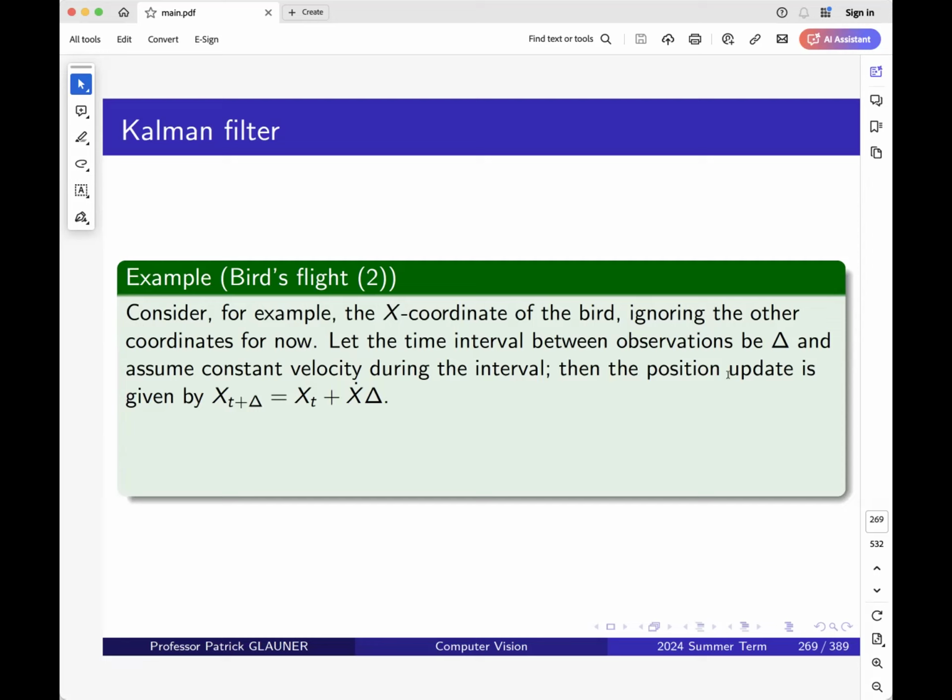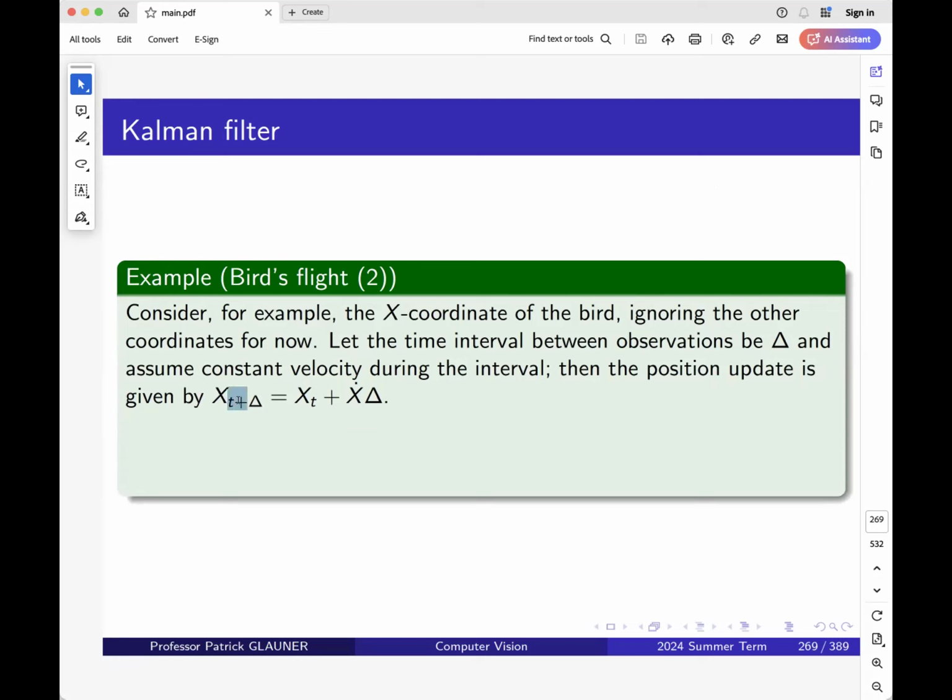But the time interval between observations is just called delta, and we assume constant velocity during the interval. This is something that we're doing now as a simplification. And if we assume that, so we have a certain time between observations and there's constant velocity during that interval, only during that interval, obviously, not in general, then we can update this position by something, well, our new coordinate